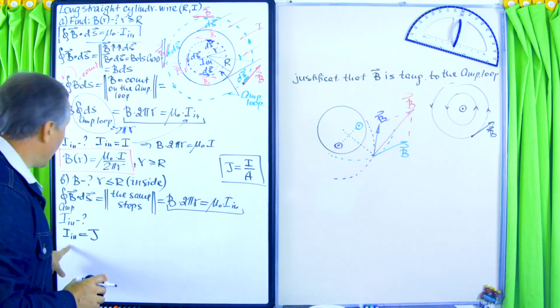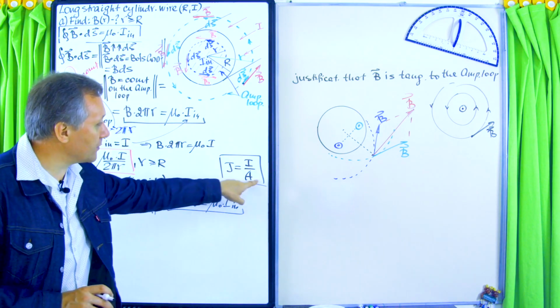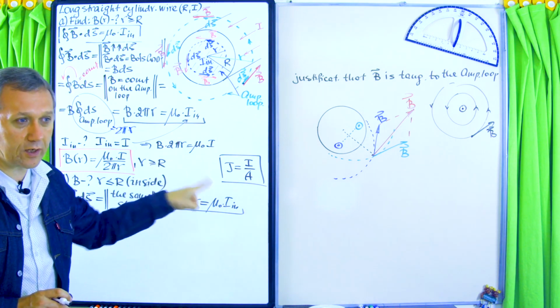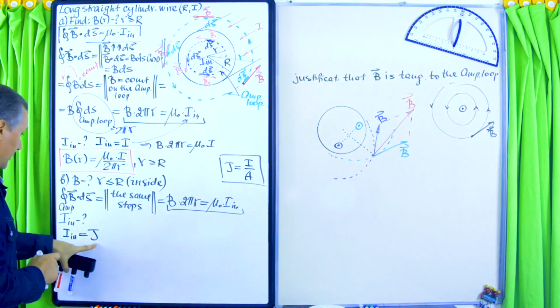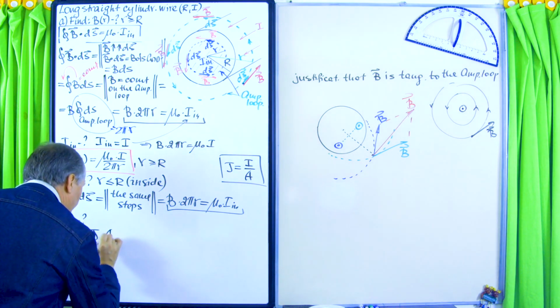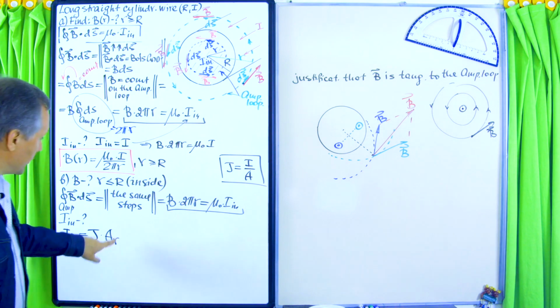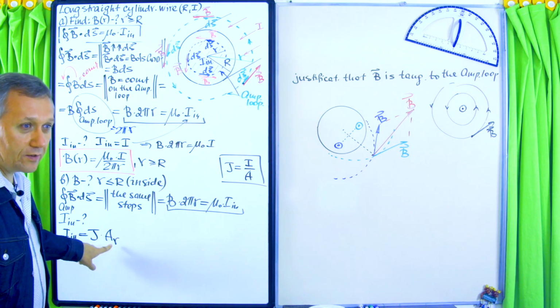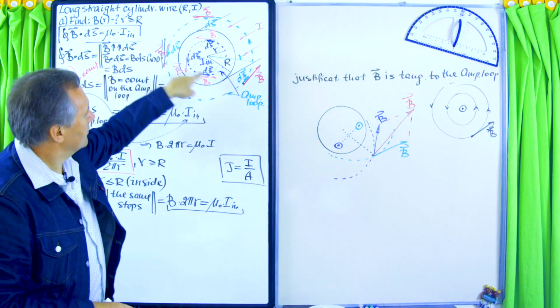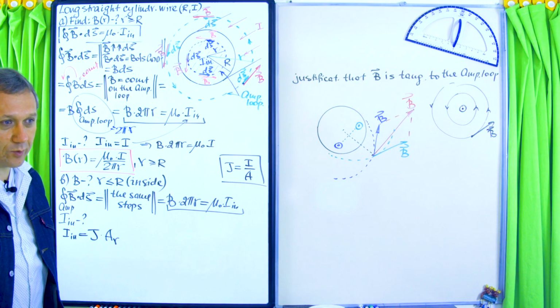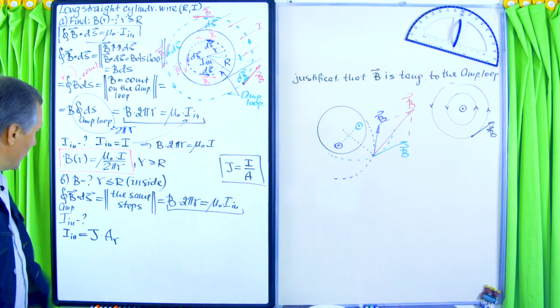But again, you see, I enclosed is current density times the cross-sectional area over which enclosed current is distributed. So times the area with radius r small. All right. Okay, so now